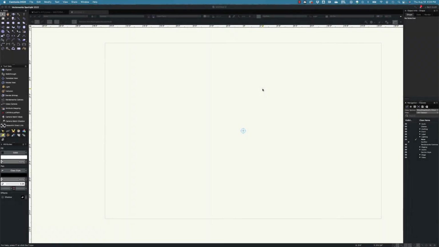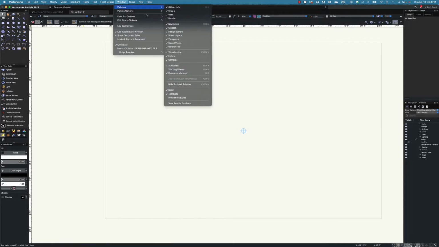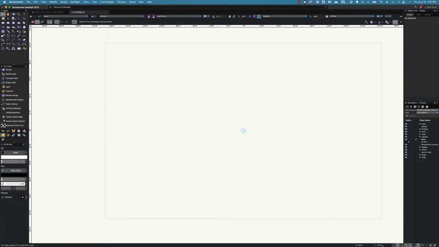A few updates for Vectorworks 2022. The interface has not changed substantially, but they have moved a couple of things around. So the first thing is that when you're setting your palettes up, you'll see that the snapping palette is no longer an option here. In my videos, the snapping palette is docked over here. This is because they have permanently moved the snapping palette to down in the lower right hand corner of the screen. It's in the bar along the bottom.